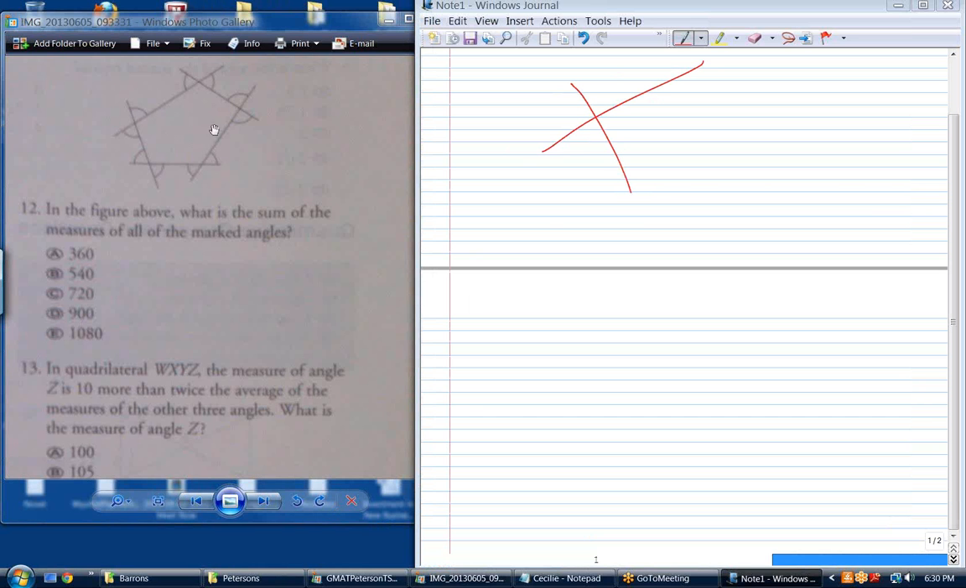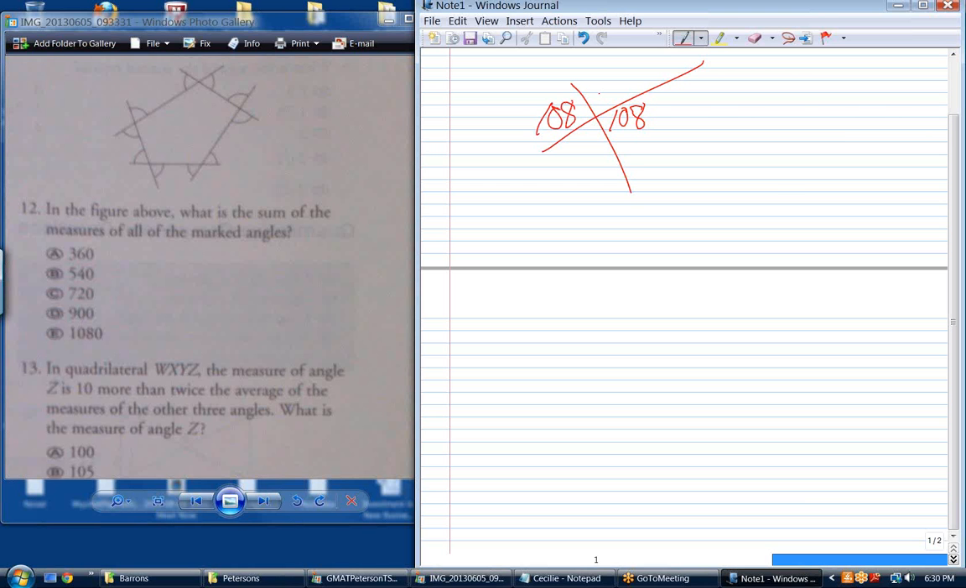If this was a regular polygon where they were all equal, what's the sum of those? 540. There's 5 of them, so each one would be 108. 540 divided by 5. Okay. So if that one's 108, this one's 108,